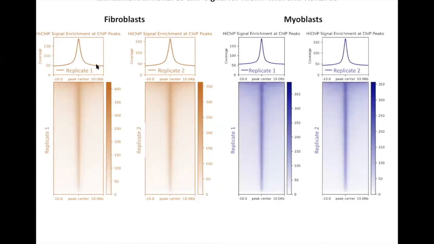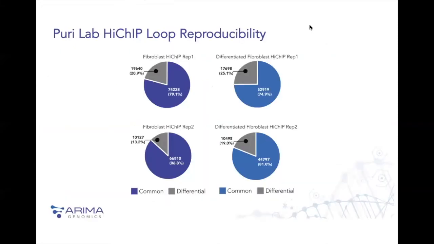Here is the relative enrichment of our HiChIP signal related to the ChIP-seq profile with the same antibody, and you can see that the enrichment shows a very good overlap in both fibroblasts and MyoD-committed fibroblasts into the myogenic lineage, which we refer to as myoblasts. And there was also a very good